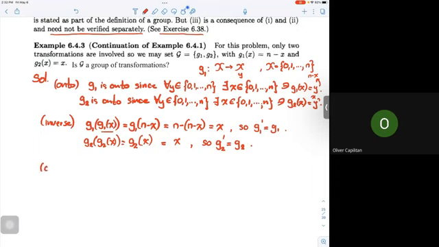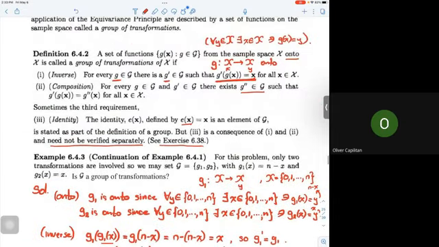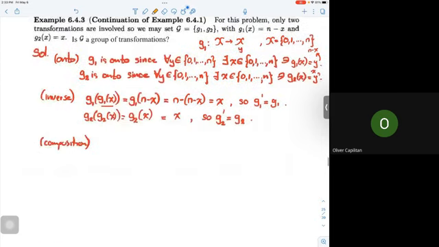And then next, we have the composition. Composition. Take note, let's go back. For every g and then g prime, there exists a g double prime, which is also an element of script g. The composition of g and g prime gives a function g double prime, which is also an element of script g, such that this will be satisfied. Okay, let's go back. There are many cases here. Let's say, first,